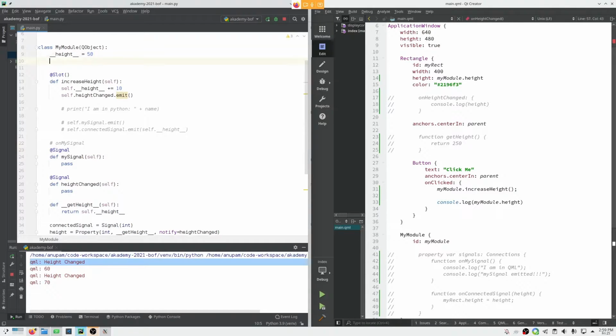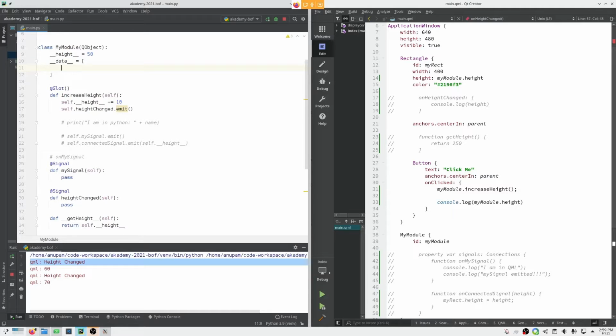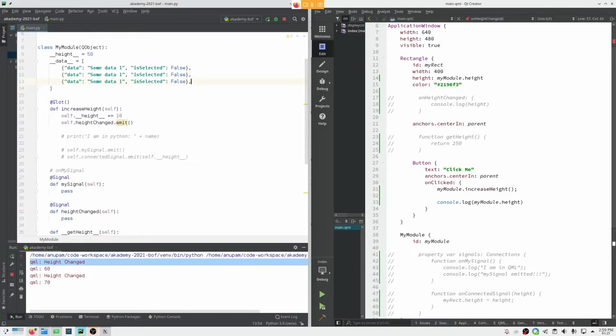For example, let's say we have some data in Python, some list of objects, list of dictionaries, as Pythoners would say.